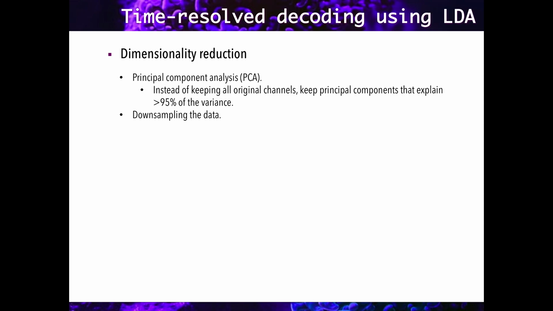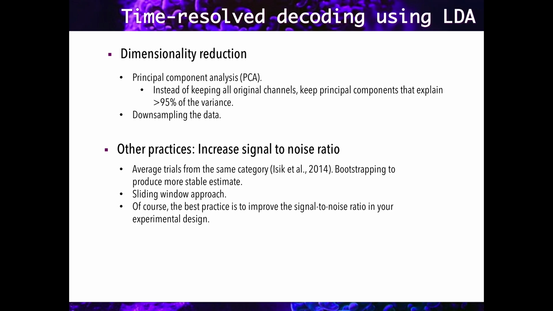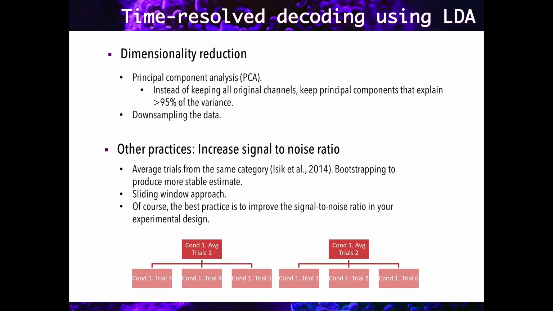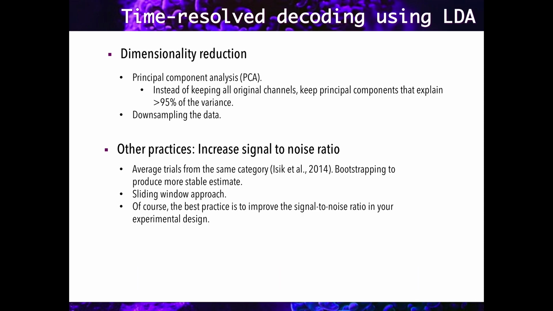One way to achieve that is to average trials that belong to the same category. So imagine that you have 1,000 trials in each category. Instead of using all trials, you can randomly take 3 trials and average them, resulting in 1/3 of the exemplars per category, but here some of the noise should be reduced. Then you can repeat this approach several times, taking different random or pseudo-random groups of trials to produce a better estimate of the classifier output.